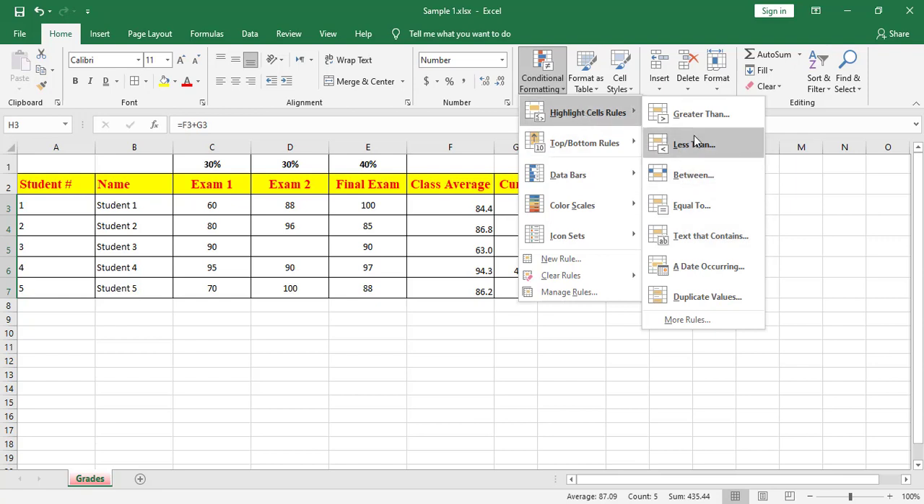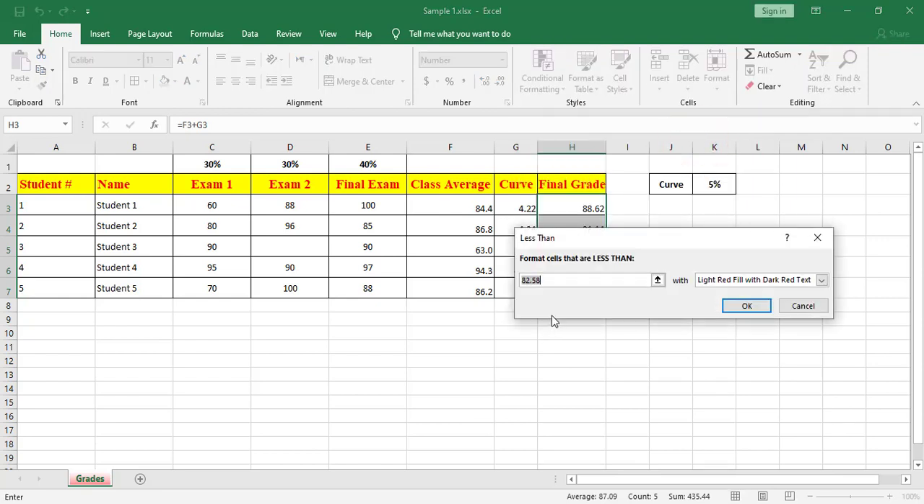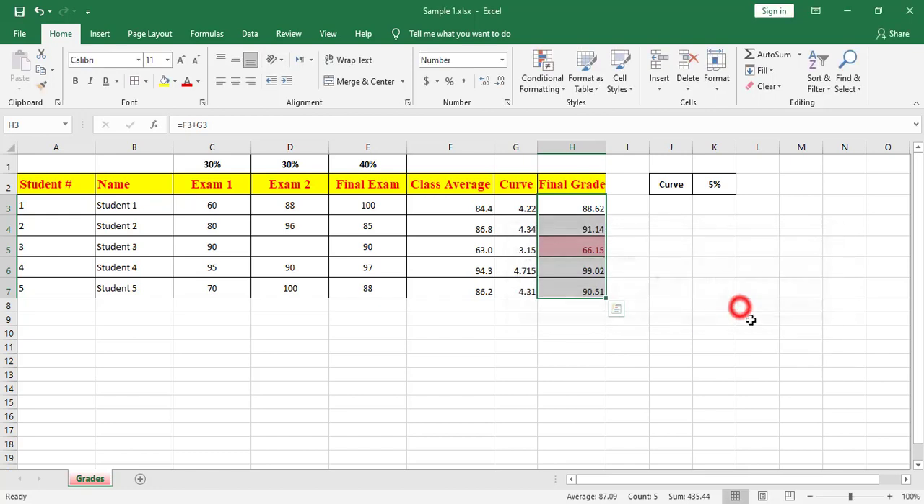I will choose here highlight less than. I will enter here 70. From here I can choose, for example, I need to apply a light red fill and I click on OK. It will be highlighted. Let's now, between 70 and 90, I need to highlight